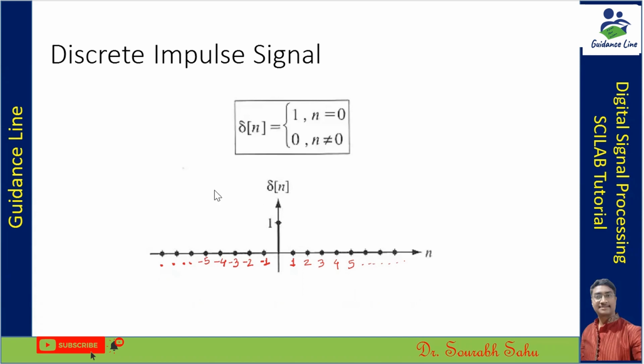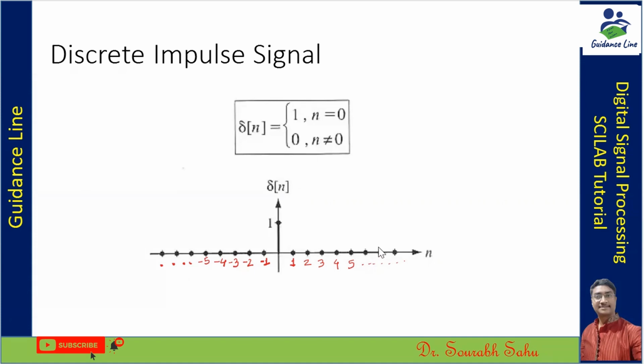Since we are talking about the discretization of a signal, or a discrete signal, we have considered a number of samples. As you can see, we have samples which start from 1, 2, 3, and move to infinity. Likewise, on the negative x-axis, we also have samples represented by -1, -2, -3, and so on. We know the impulse signal value lies only at the origin, which is 0 over here. So the value of the function is 1 at the origin, and at all other sample places, the value of the function is 0.